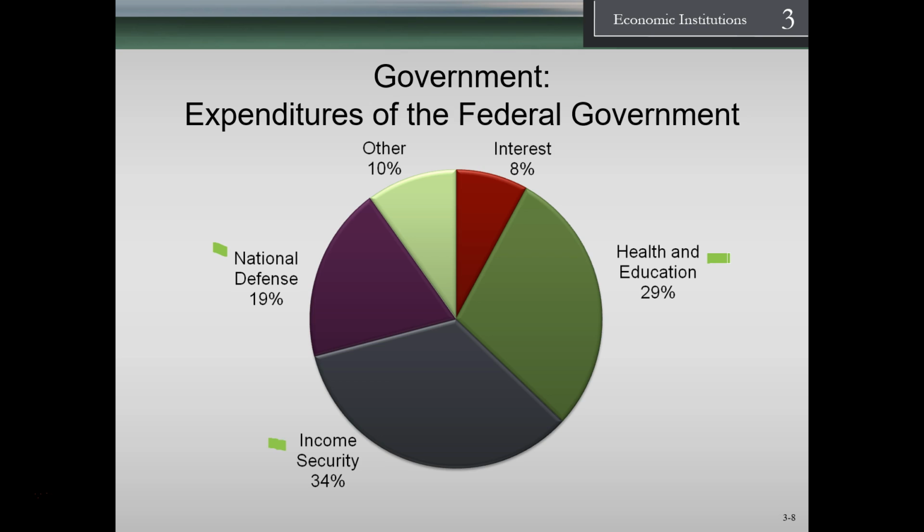Note that when we talk about a budget on the federal side, those are basically the big factors. If anybody's talking about a budget and they're not talking about one or more of those factors, then they're talking about things like other at 10% and interest at 8%, a very small piece of the overall budget. So if they're really talking about how we are going to reduce or change the budget, they would have to touch on these areas to make a significant impact, just looking at the proportions of how the budget is being laid out.